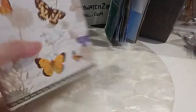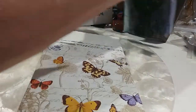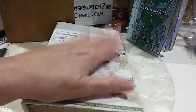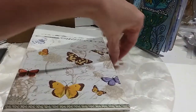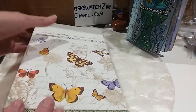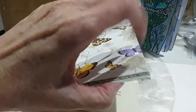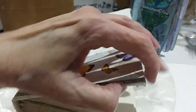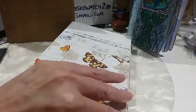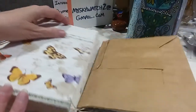And that's it. And this one, I'm probably also going to be doing different decorations as a reference book for future journals. Or I might make it very special because it is really my first one I've done with the actual book where I covered it. What I do want to do on these ends is get some book corners and put them on the corners. But anyway, those are my 3